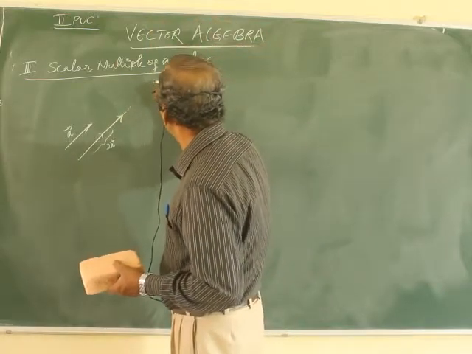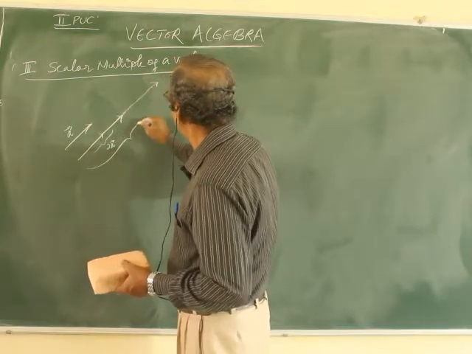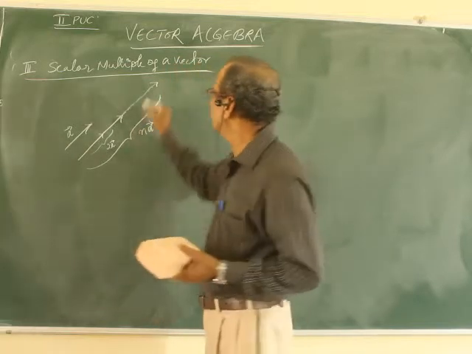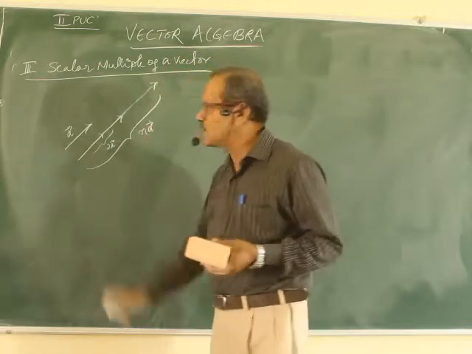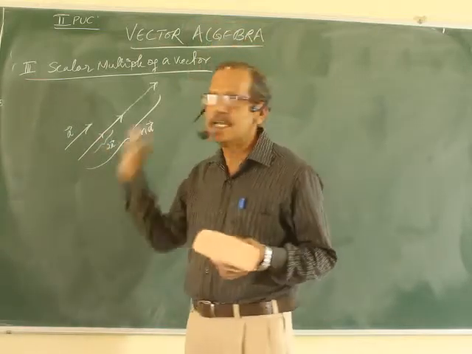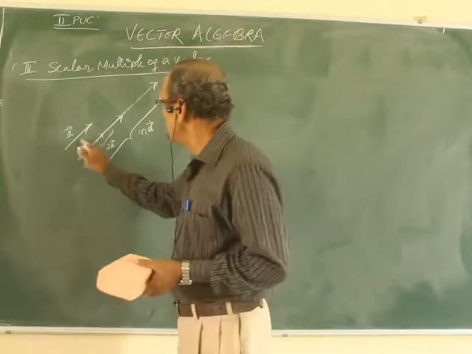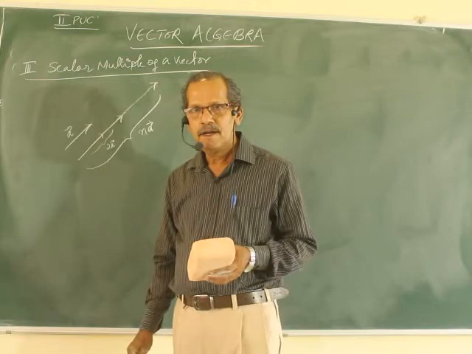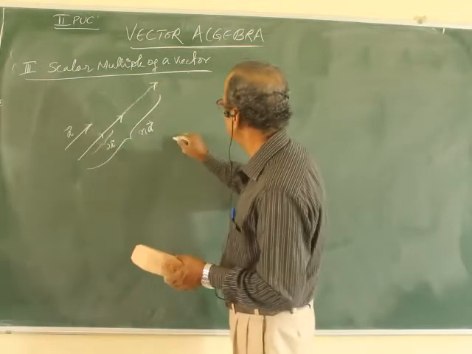3A is A added 3 times. So similarly, this is n into A. Just similar to 2A, 3A, 4A like this. Any positive number n, you get the scalar multiple of the vector, nA. But remember, this is if n is positive only, like 13, 5, 19, like that.